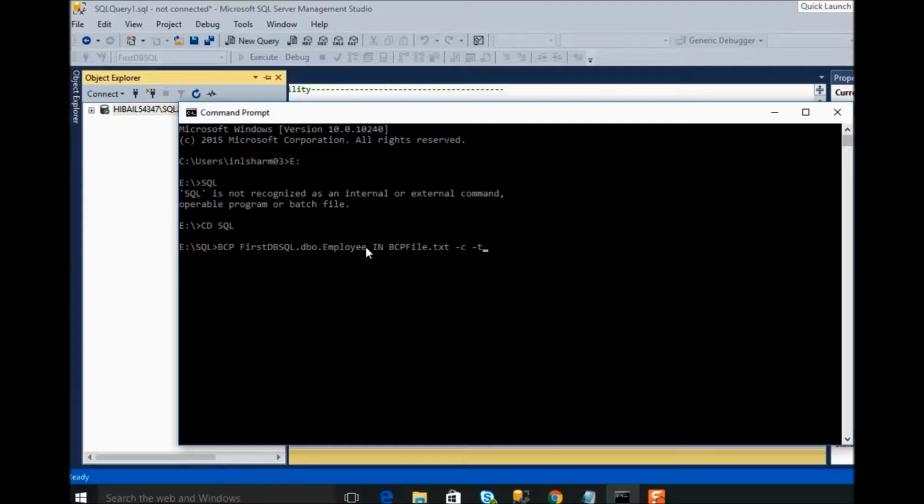Then you need to specify the delimiter between the columns. In our case, it is tab, so we denote it by \t. And then capital T. Now we are using Windows authentication in order to log into SQL, so that means that it is a trusted connection, and that is why we use -T, that is capital T. And then you need to specify the row delimiter. In this case, a new line is a row delimiter, and the way to denote row delimiter is with the help of \n,